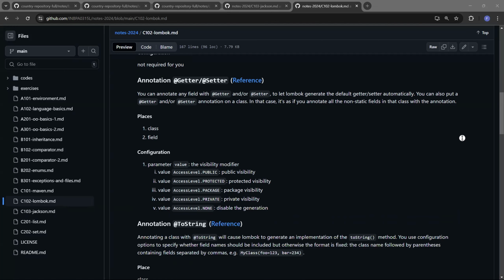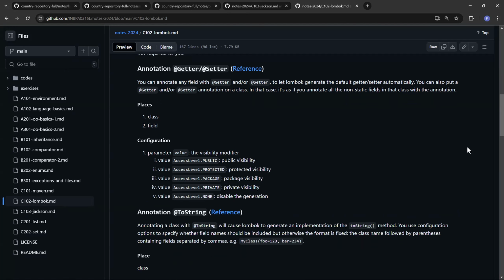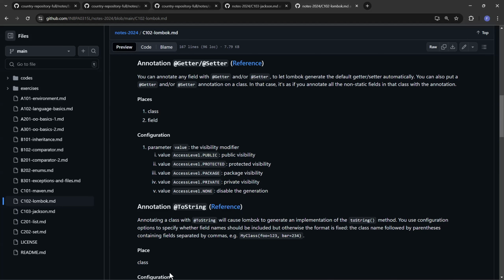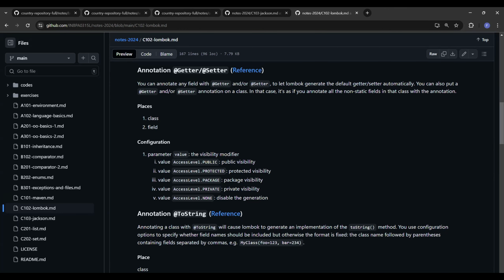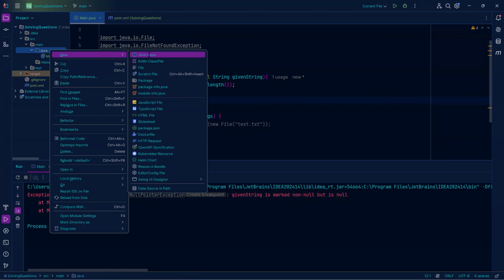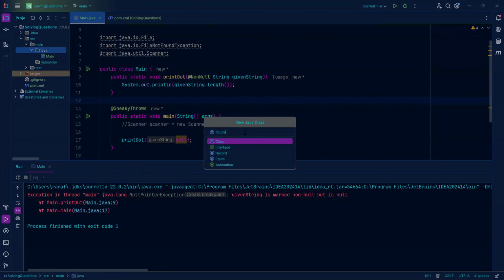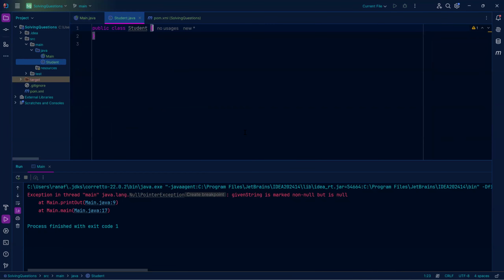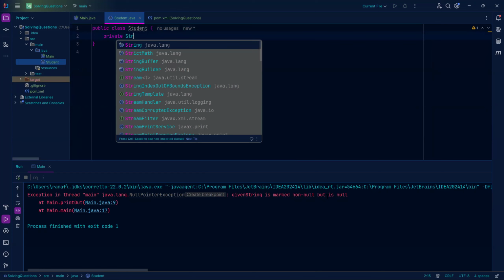Okay, annotation Getter and Setter. Okay, Getter and Setter is the most important annotation right now. It's always used. So let's see. Let's say we have a class to represent a student, and the student has some fields, private String